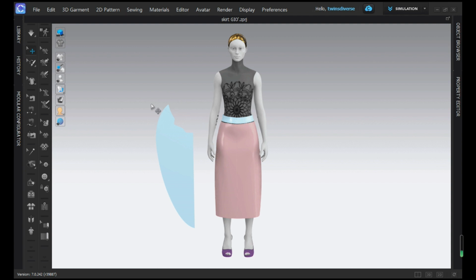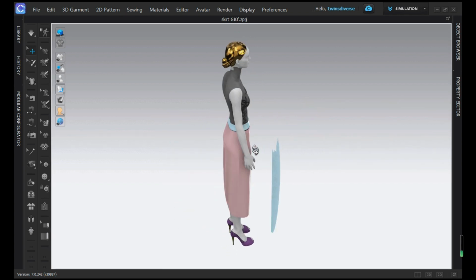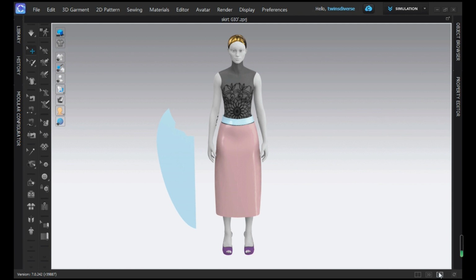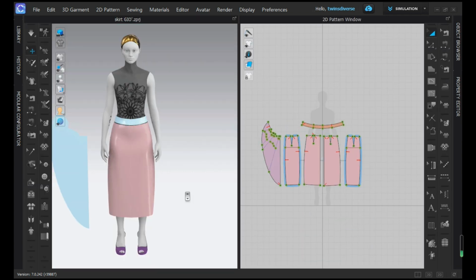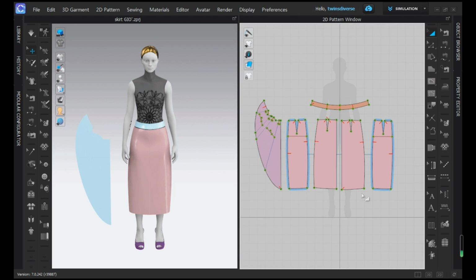Hello everyone. Today we're gonna look at how to use the free sewing tool to attach all the panels of the skirt to the waistband, and also how to attach a pleated panel onto the front skirt. So we're gonna select the free sewing tool here,